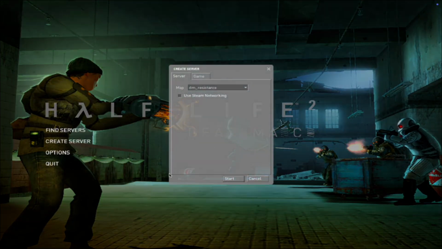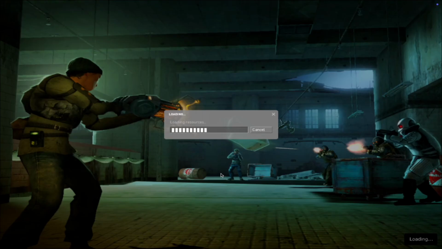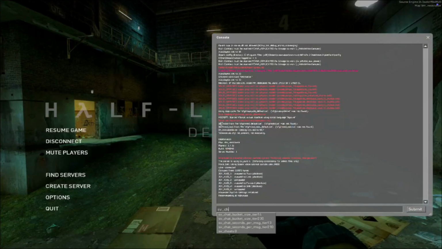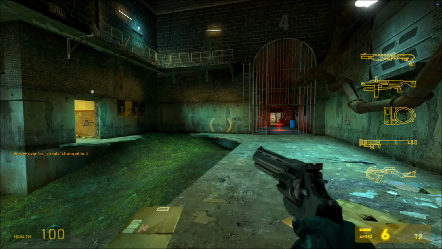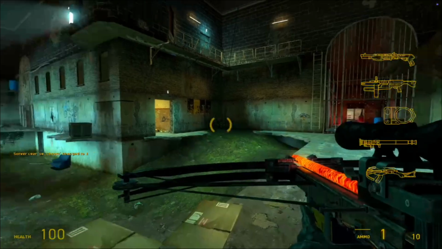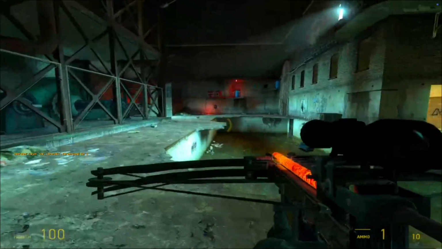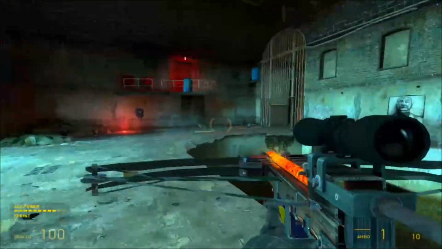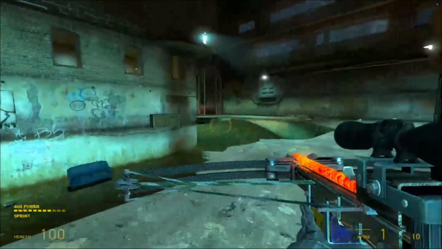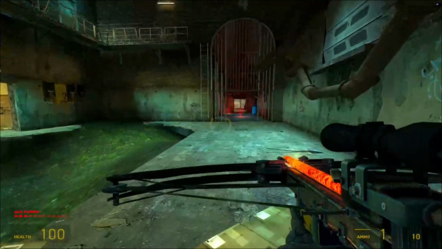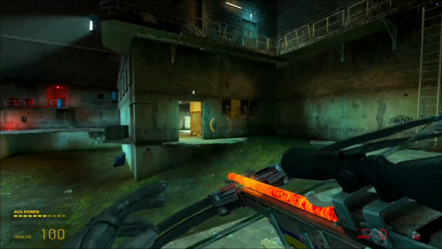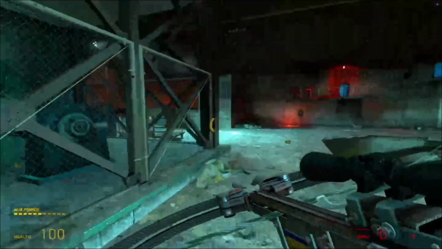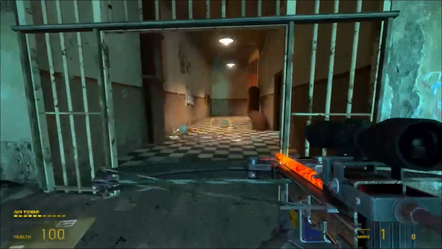So I'm just gonna create a local server, and then gotta get a crossbow. Impulse 101. All right, so you can see it worked pretty well, right? Like that pull-out animation, pretty good, right? It feels pretty smooth. And then you actually try and fire it, and it's good, right? Completely fine. It's like, wow, this was super easy, right? And then